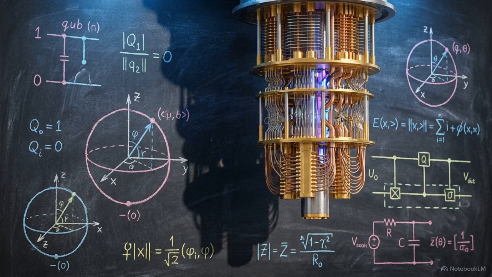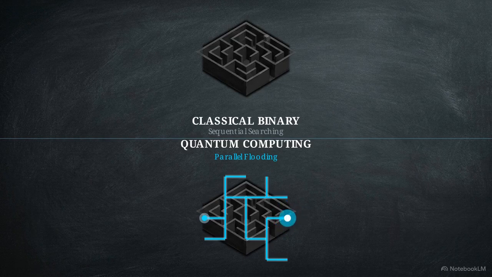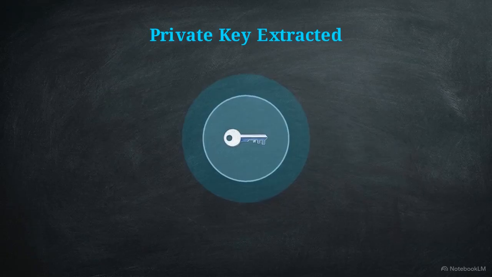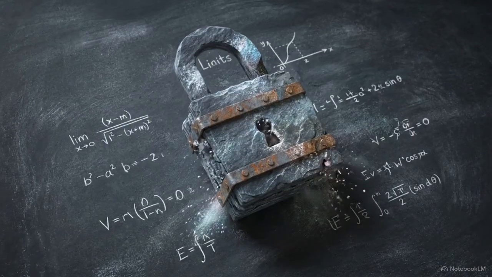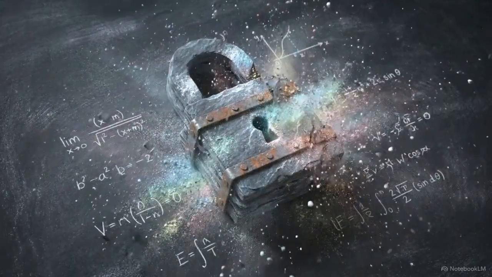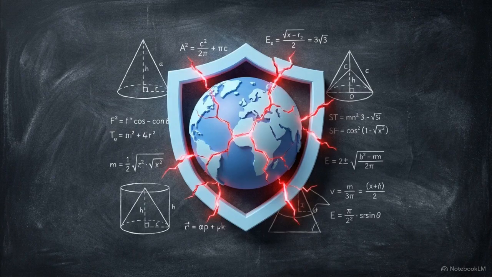That calculation changes with the arrival of the general-purpose quantum computer. These machines process information using the principles of quantum mechanics, allowing them to navigate certain types of data much faster than any binary processor. Specific quantum algorithms can calculate the private key directly from the public one. By finding these mathematical shortcuts, a quantum computer can bypass the million-year waiting period and open the encrypted data instantly. If the math protecting the internet can be solved this easily, it is no longer a viable shield.